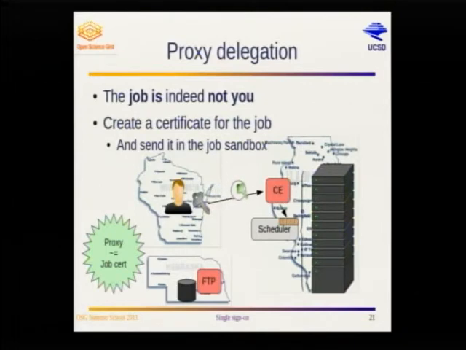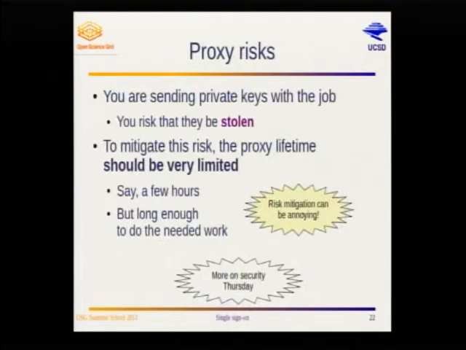And once you have it, you send it alongside the job to the worker node so that the worker node can use that proxy to talk to the third party. And since that thing is effectively a certificate, it works exactly as before. All the cryptography is done the right way. Everything is verified. Nobody can fake that it is you, and so on.